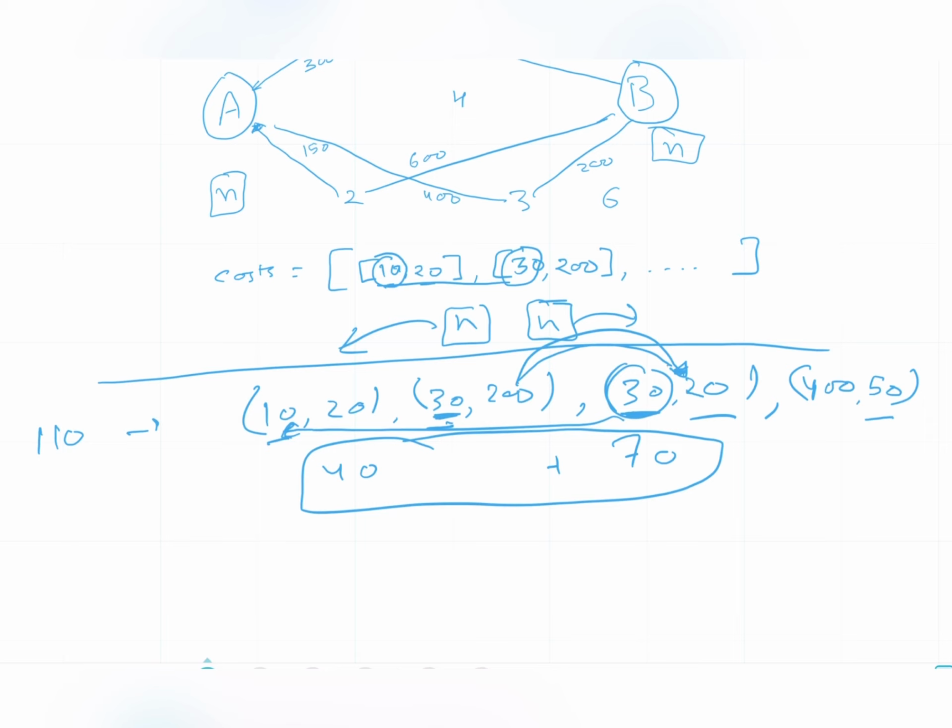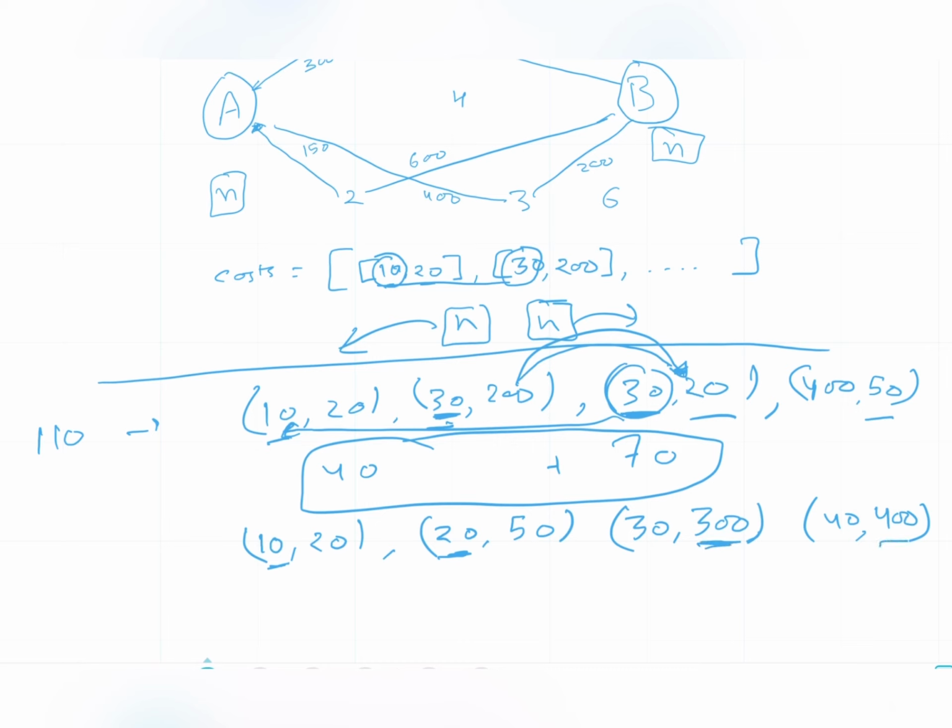But I think this is not the optimal way of solving this problem, because there might be a scenario where, let's say, in the second example, 10, 20, 20, 50, 30, 300, 40, 400, right? What if this is the example where we choose the first minimum values of these two elements,